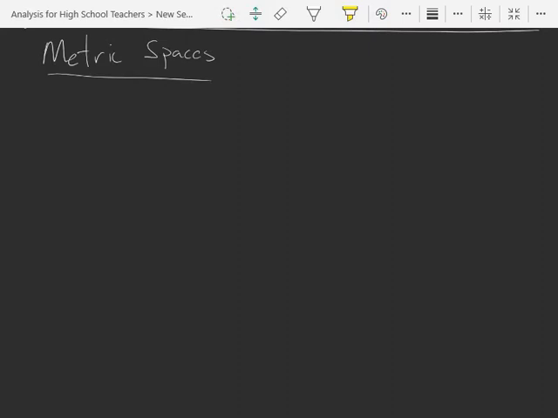So the metric space is a set of points or a set of elements that we can measure the distance between. And so I need a set, I need some things that I measure the distance between, and then I also have to tell you how to measure them. So together they form a metric space. So our definition